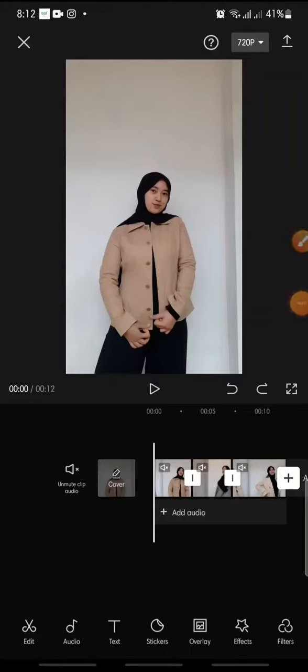In this video, I'm going to show you how to add a Hearth vignette effect on CapCut apps. Now let's get started. First, after you open your CapCut apps and add the video that you want to edit,